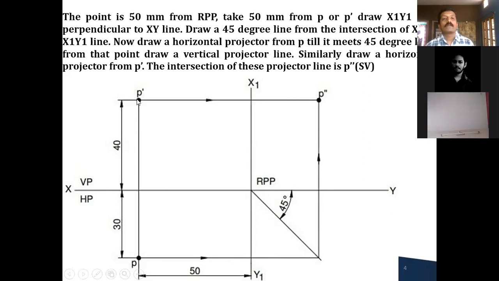Now you consider the front view, that is P dash. Now you draw the horizontal projectors like this from the front view. So wherever this horizontal projector of the front view and the vertical projector of the top view intersect or coincide, you call that one more point. So that is nothing but the side view. You can name it as P double dash. Since it is the first quadrant, right profile plane, what are you going to get? You are going to get the left view. It's a side view which is nothing but your left view.